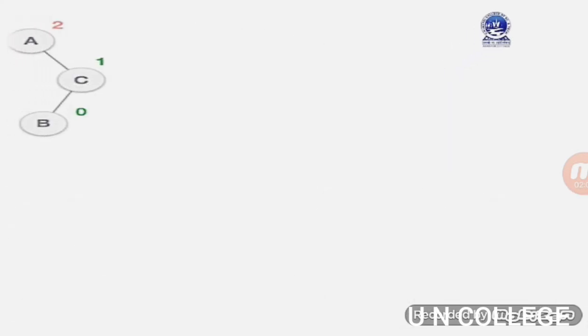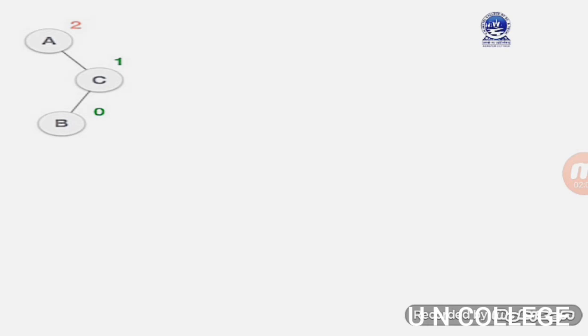Now you can see this step by step. Initially, let the tree consist of A and C. When we insert one more node, B, A is the root, C is the right child, and B is the left child of C. At that time A's balancing factor is 2. It means the tree is unbalanced now, and to balance it we have to perform a number of steps.